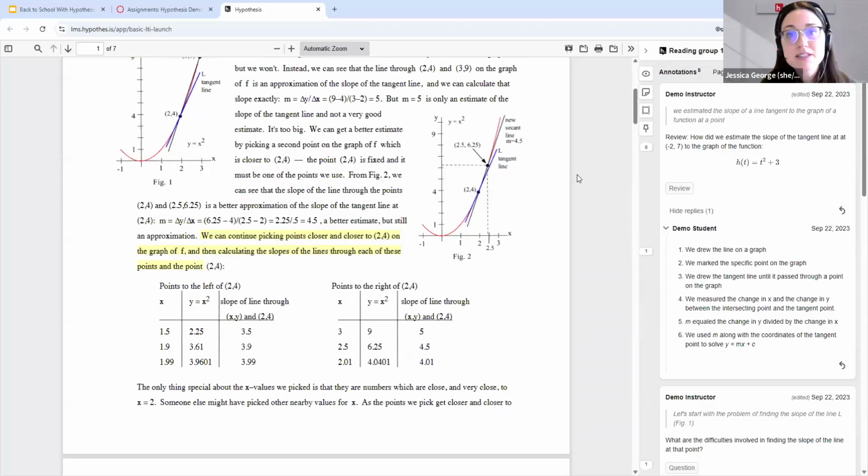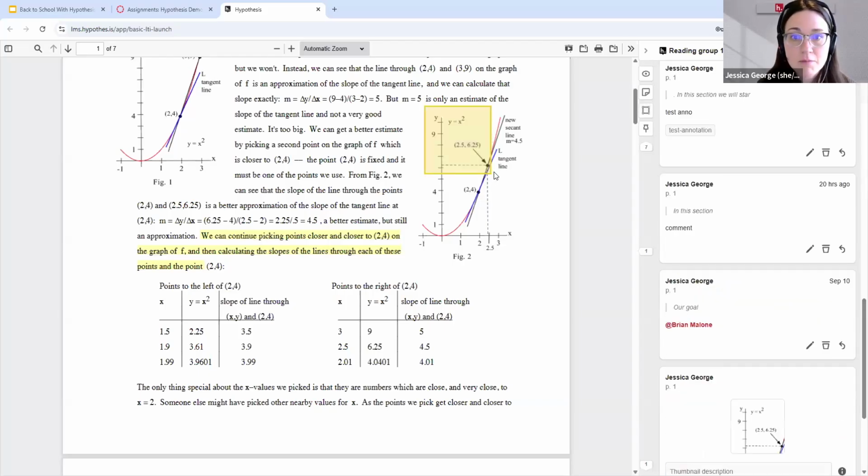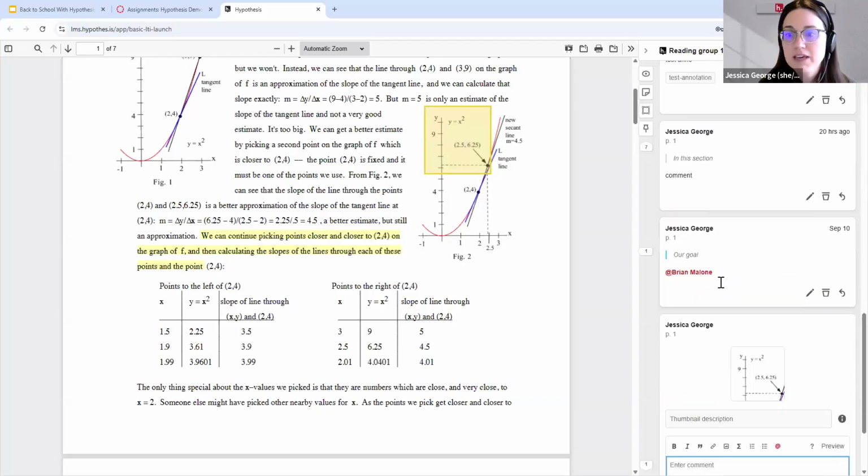So if you've used Hypothesis before, but it's been maybe last year or before this summer, you may not be aware that we just released our image annotation tool. And this allows students and instructors to leave annotations directly on top of a visual text that's a part of the PDF that has been loaded into the Hypothesis assignment. So there's two options for this image annotation feature. The first is rectangle annotation, which allows us to select a large portion of the text and make our annotation